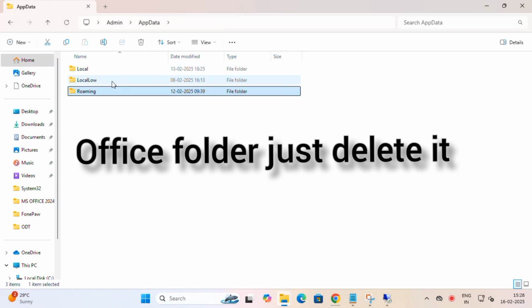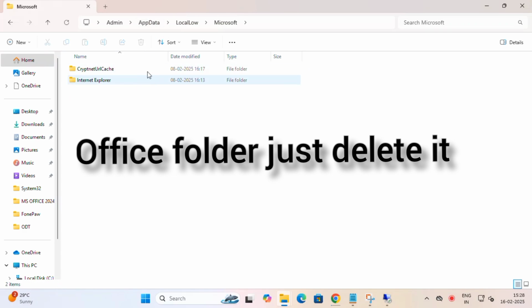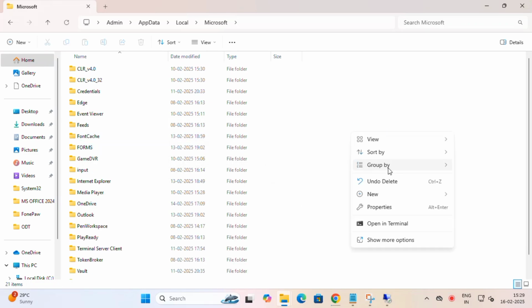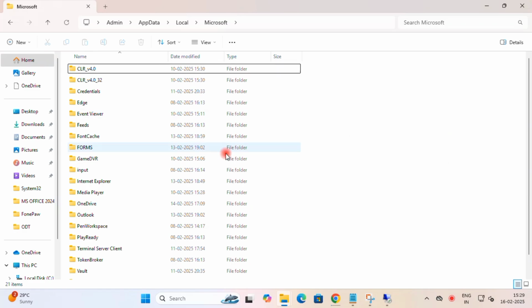Okay, now ProgramData, local, these three we open and check. Here in Local there is one Office folder, just delete it. Okay, then